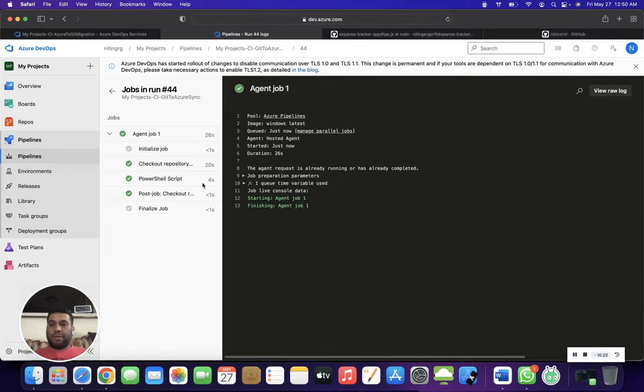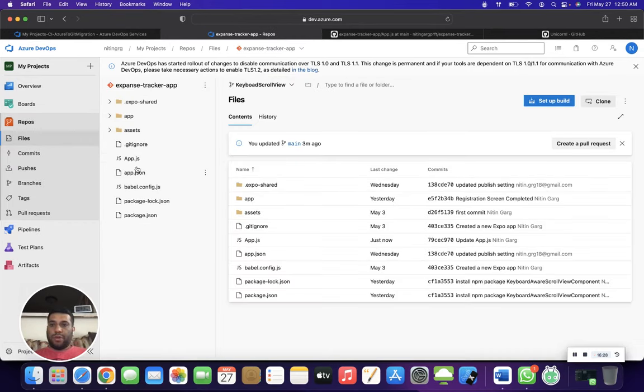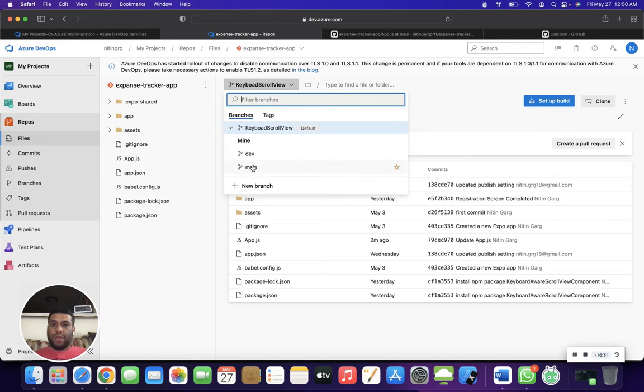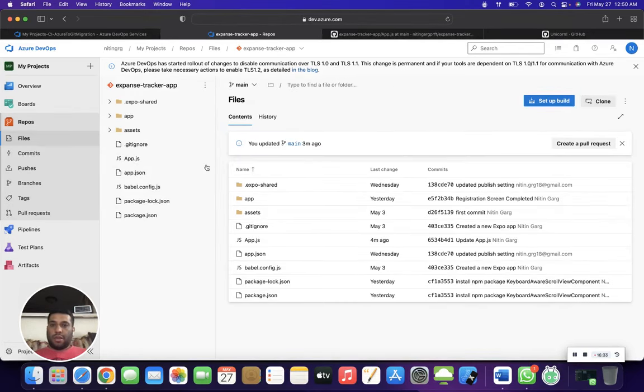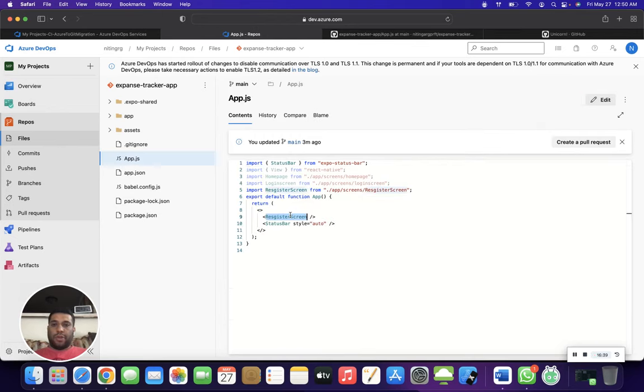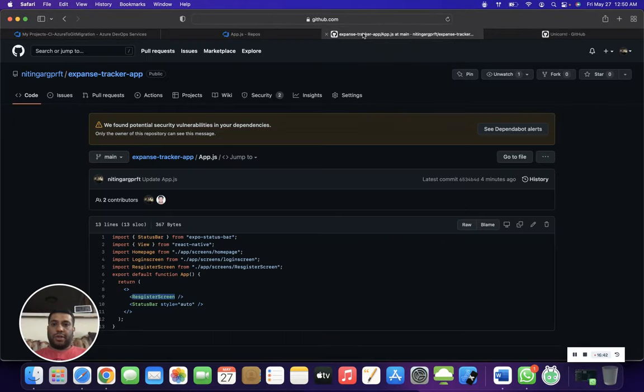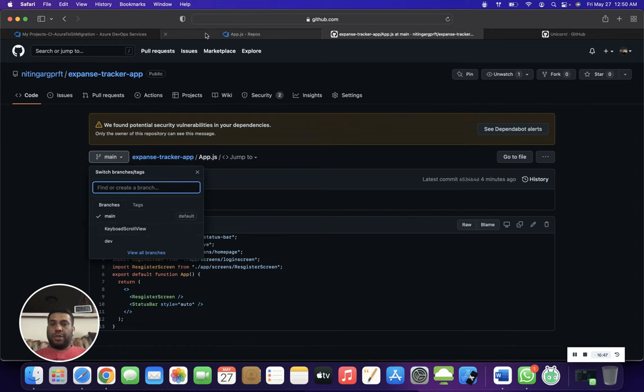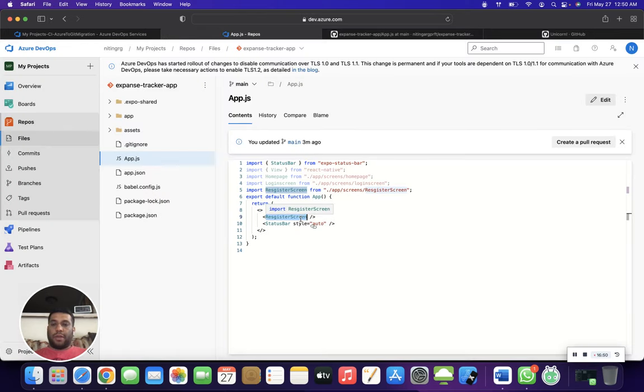My PowerShell script executed successfully. If I go back to my code and open the main branch again, it is saying that you have just updated, and now it is showing the registration screen, which is the recent change that we merged from this branch to this. So my main got updated. Easy peasy. I hope this helped many of you guys, because I did a lot of research and Google. I did not find any